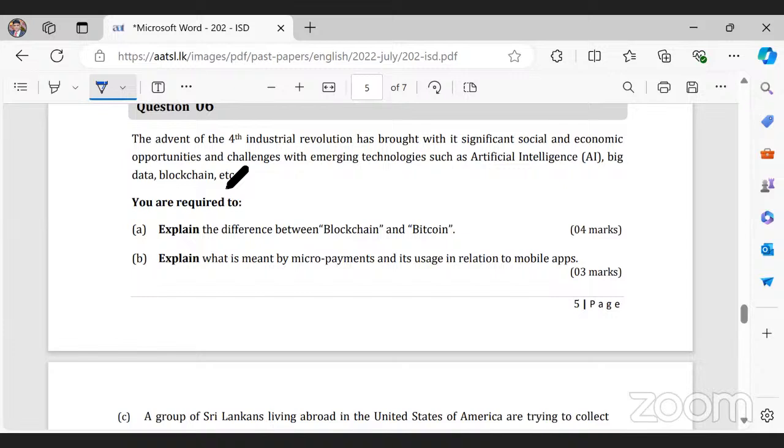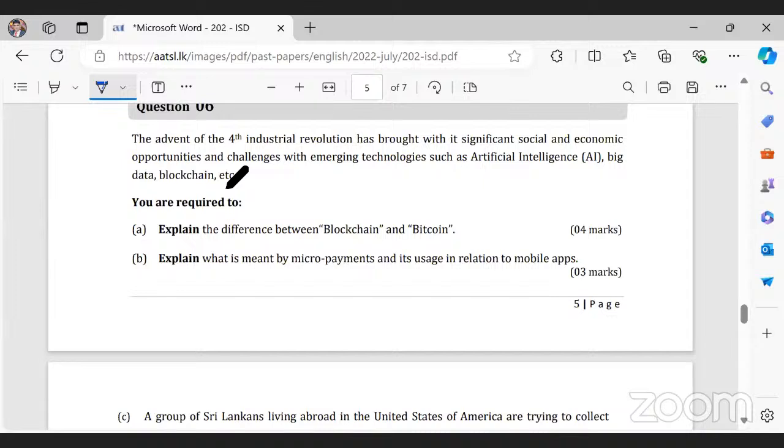Micro payment. Normally, micro payments refer to financial transactions involving very small amounts of money, typically ranging from fractions of a cent to a few dollars